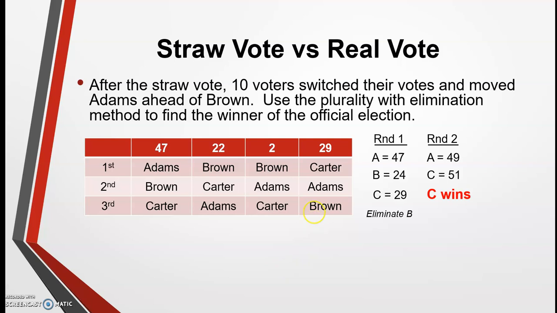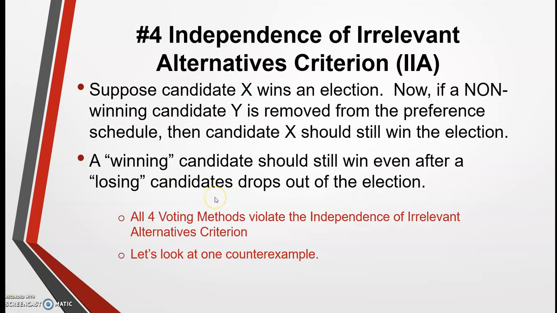So the hypothesis has been met, because we had an original vote and then a recount, and the voter change was in favor of the original winner. However, that caused the original winner to lose. So that shows us that although the other three methods satisfy the monotonicity criterion, the plurality with elimination method does not. The final fairness criterion that we're going to talk about is the independence of irrelevant alternatives criterion, which